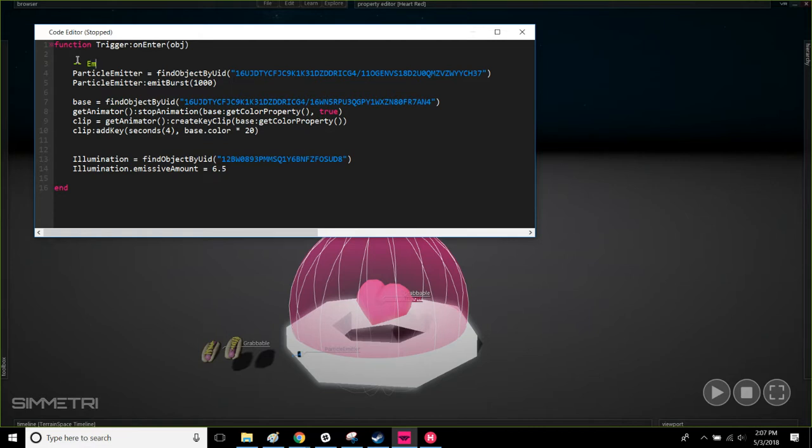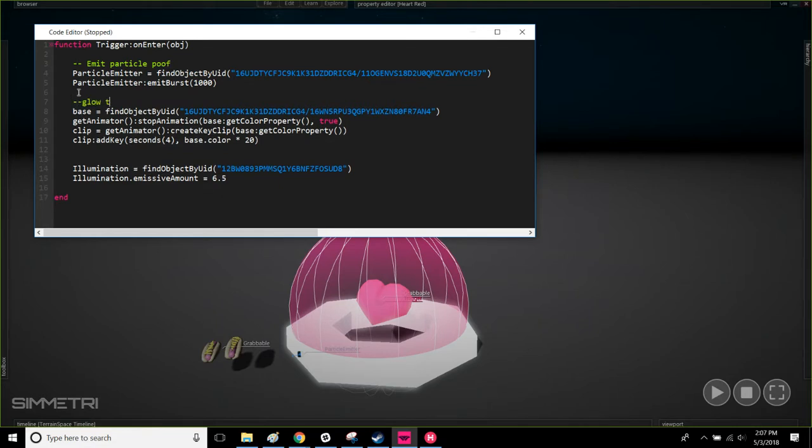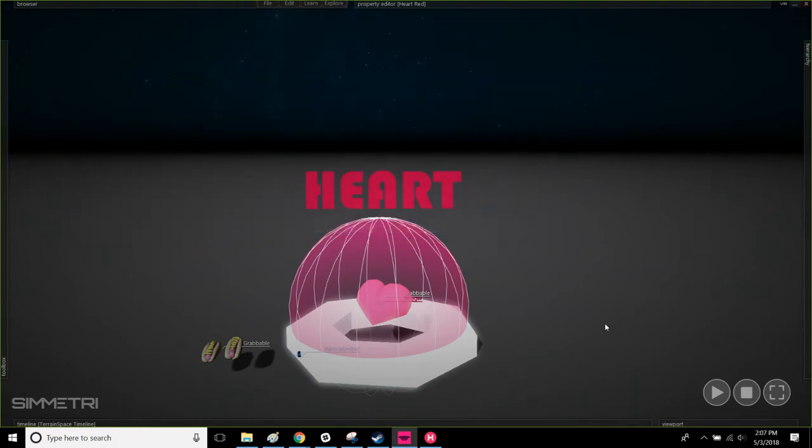We've got emit particle poof. We've got glow the base. We've got glow the heart. And lastly, we need to do a little piece of code that tests whether it's the right word or not, because